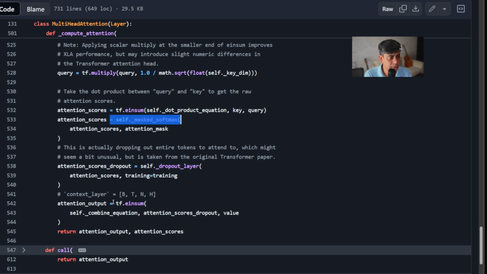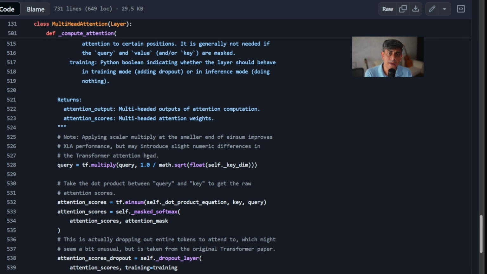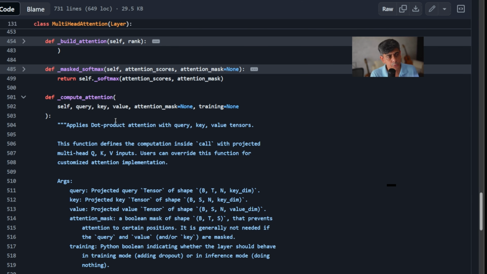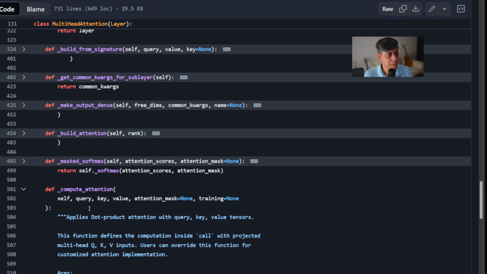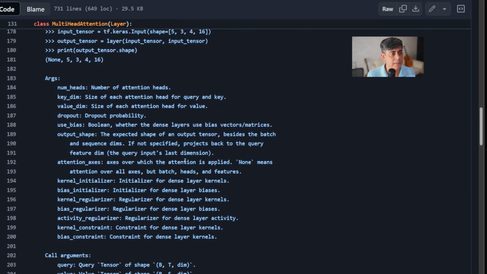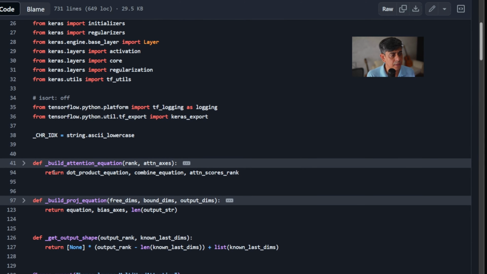Then we can see that they are applying this weight again, once again on the value. So twice we had done the matrix multiplication, and they are doing the same thing twice, with the Einstein sum. Their q is expected to be the linearly projected q. Within our implementation itself, we had done the projection here. They are doing the projection beforehand, and even the projection they are generalizing, doing it through Einstein sum, where only the equation changes. For example, if you come here, you see they are building two equations. One is the projection equation, another is the attention equation. Now let's see what this